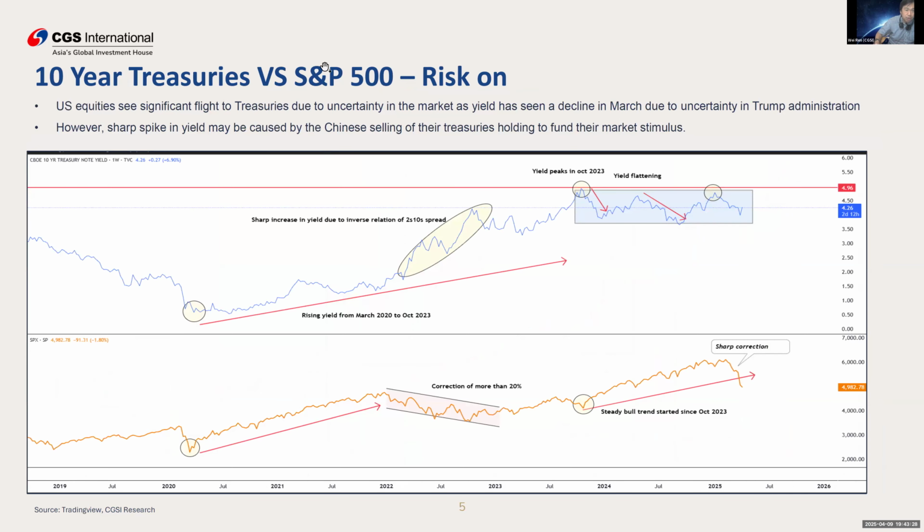All right, so I did a study. The 10-year Treasury versus S&P 500. The S&P 500 is more closely correlated to the 10-year Treasury yield compared to the Dow. Although I do like to use the Dow, for this you can see the relation of the 2-year, 10-year Treasury spread, like when the money is flowing. You can see that it peaks in October 2023, where yield was dampened due to the market expectation, if memory serves me well, that the Federal Reserve is going to cut rate.